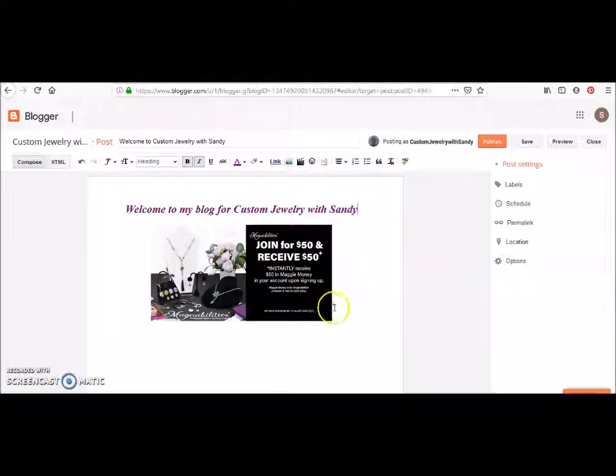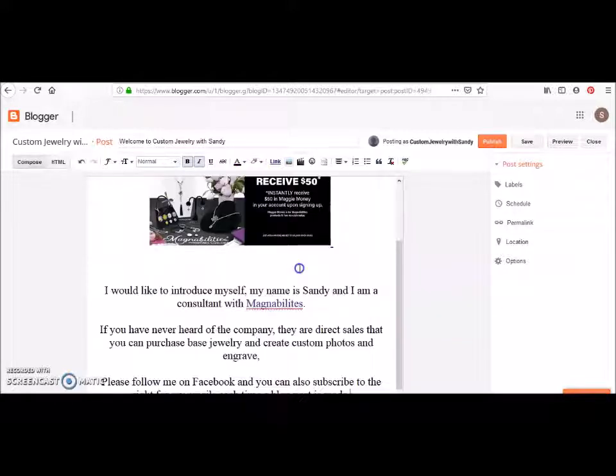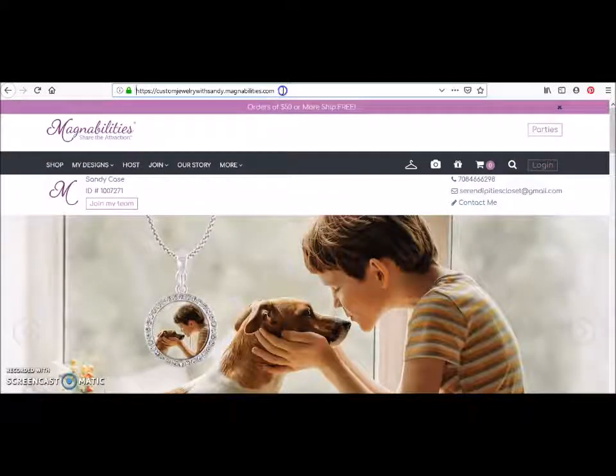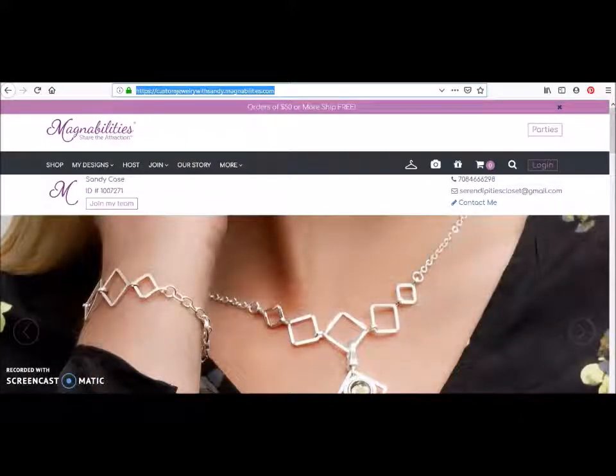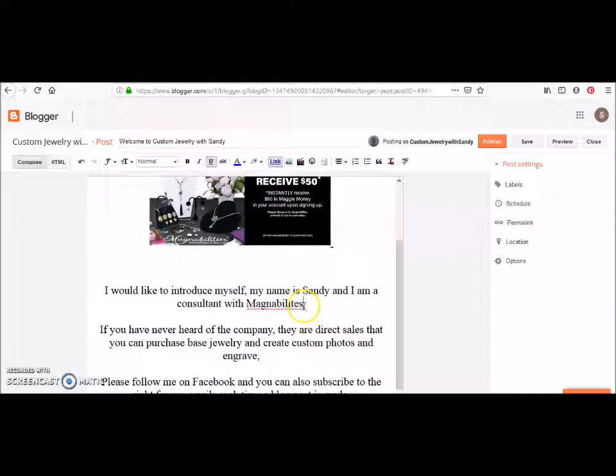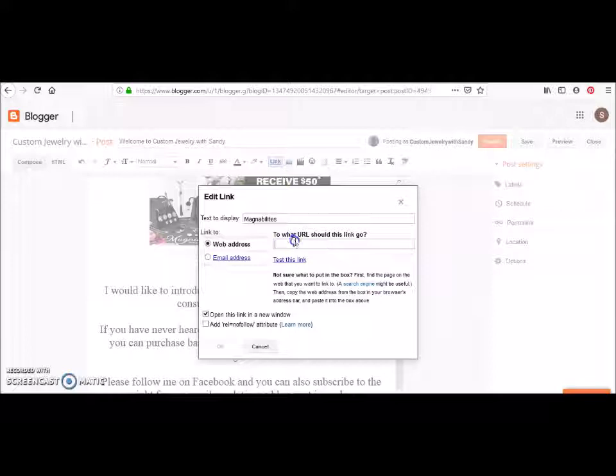Now what I want to do is I'm going to come down and I am going to just paste something that I wrote, and right here where this Magnabilities is, I had a link here. So if I didn't have this link here, what I want to do is I am going to remove my link so that you know how to do it. So here's my Magnabilities website. I'm going to go over here and I'm going to click on it and copy it. Okay, and then we're going over here and I'm going to highlight it, click on link,